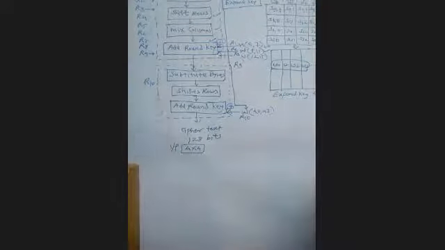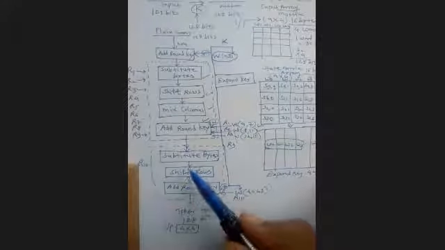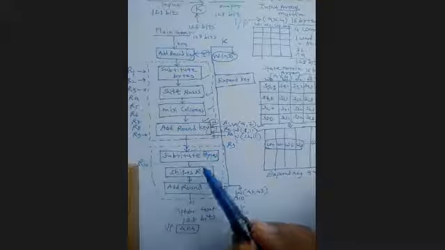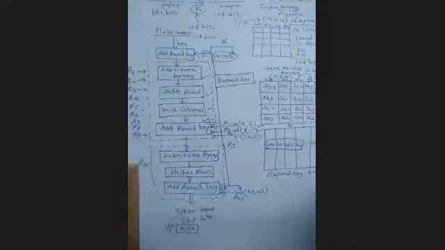Now, in the exam, it is up to you how to write this, but for understanding how the operations are performed, in examination you may write from plain text to the ciphertext. But what operations are performed in substitute bytes and shift rows, you have to understand on your own, so you do not need to draw them. Up to this diagram you have to draw, and these are the steps you have to draw in round 1 to round 9, and in the last round, round 10, you have to draw it without mix column.